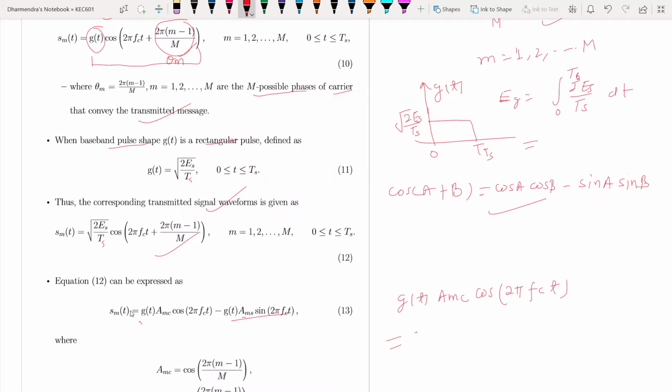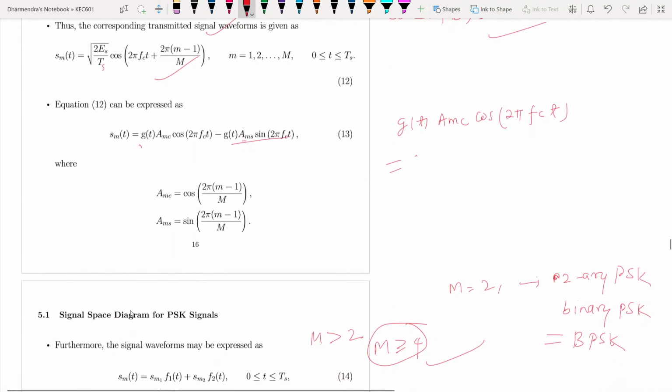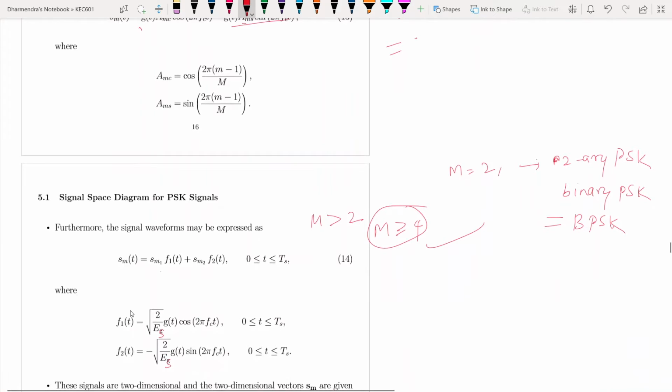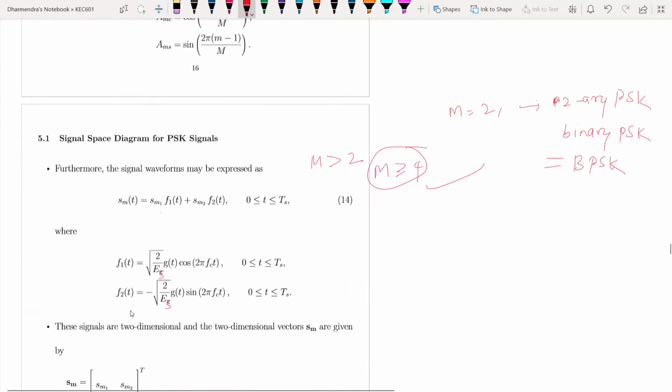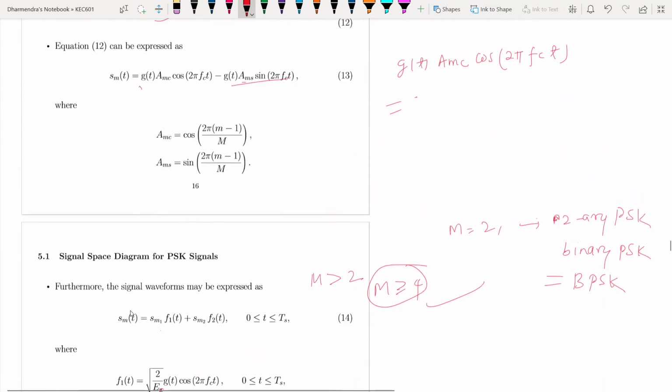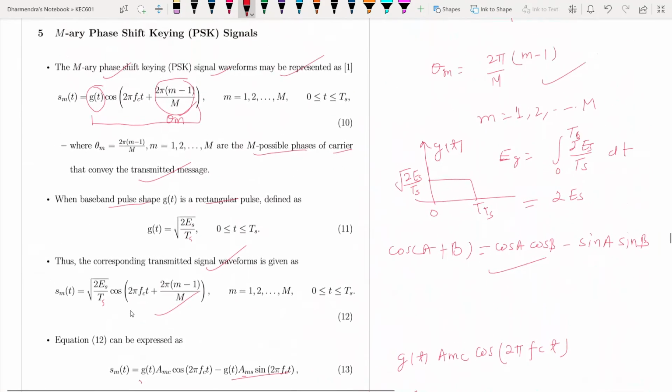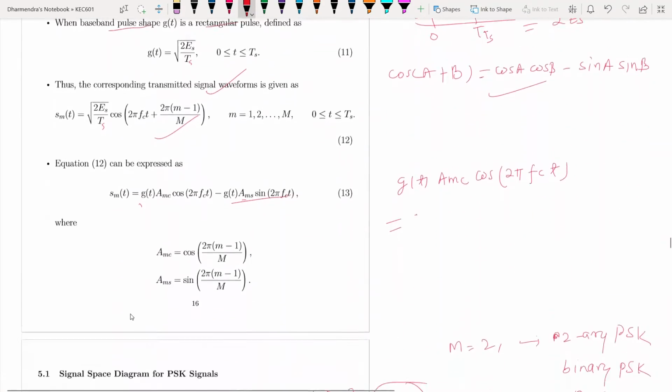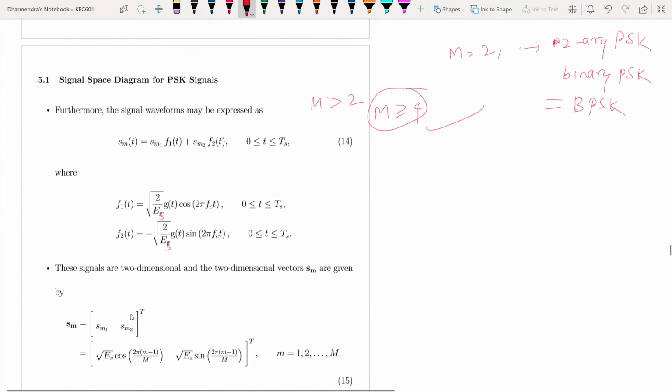So this wave will cancel out, and it will give 2 Es. There will be some mistake here, but the procedure will be the same. You substitute Eg like this, so 2 Es, then